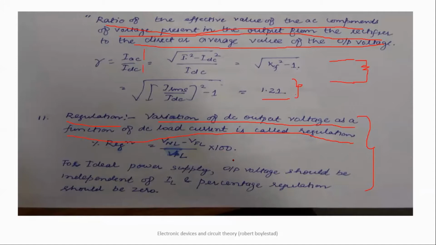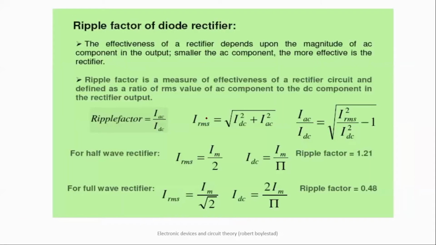Once again, I am repeating this: if this is your device and you are not having any load here, then you measure the voltage across this point and write it here. This is called voltage no load. Then you put a full load here, note down this voltage and write it down here as full load. You divide it and you get some number. In ideal conditions, no load minus full load means there should be no difference. It should be 0. But in practical conditions, it has some values. So these are the things which we normally discuss.